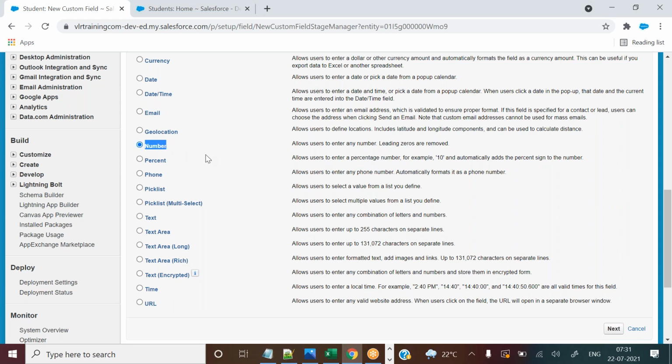Otherwise, if they want to store the bank account details in an encrypted format, because they don't want to show all these bank account details to all other users, then in that situation they can hide the bank account details of the students. So they can go to encrypted.